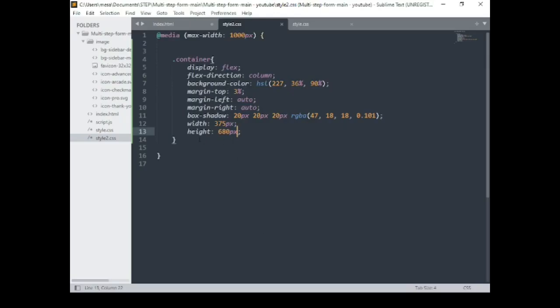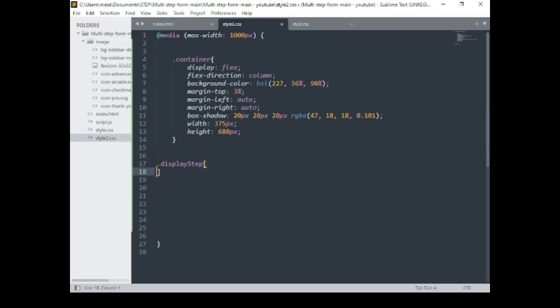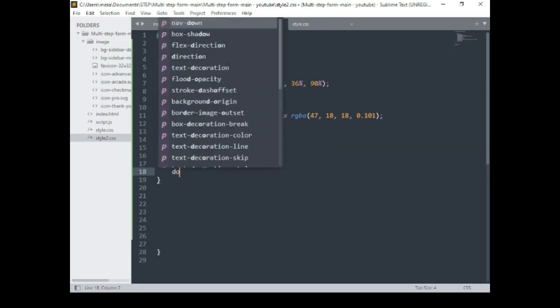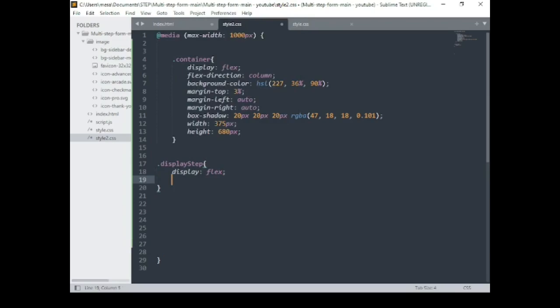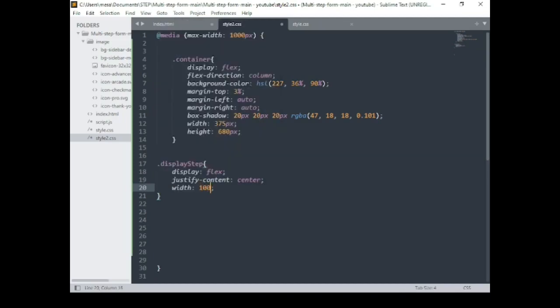So let me start the display step. Display flex, justify content to the center, width, let me give it 100%, then height 172 pixels,